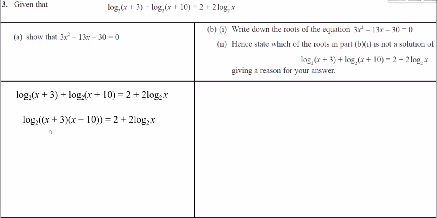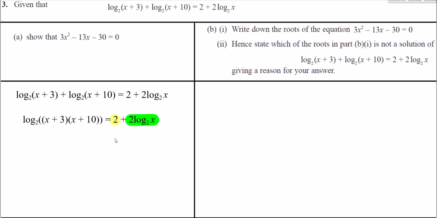Log a plus log b equals log a times b. It would help with consistency for this question if all terms were in terms of log base 2. This 2 here is a problem. So what I can do here is sort this 2 out, and as well, think about how to rewrite log base 2 of x. Well, first of all, to write 2 in terms of log base 2, what I could do here is just do 2 to this